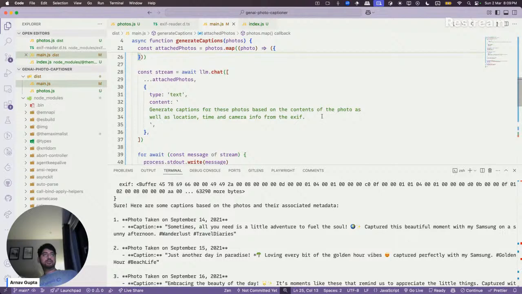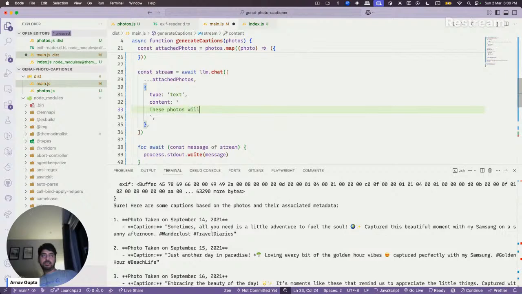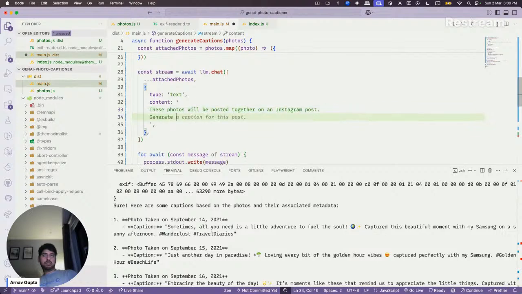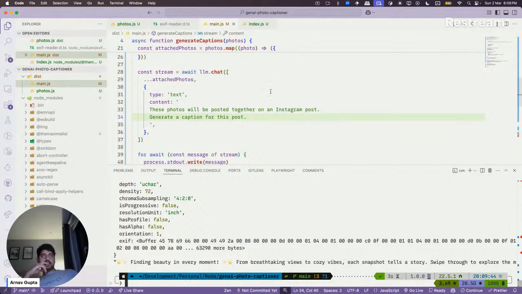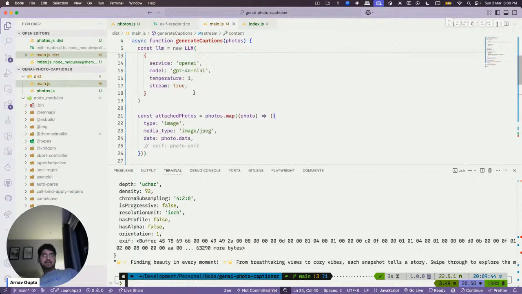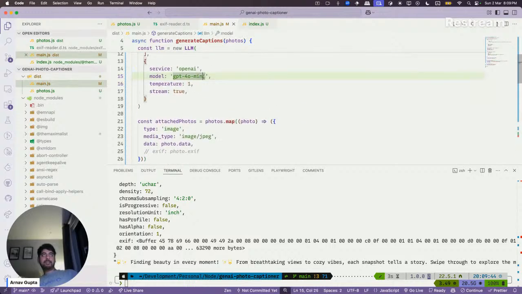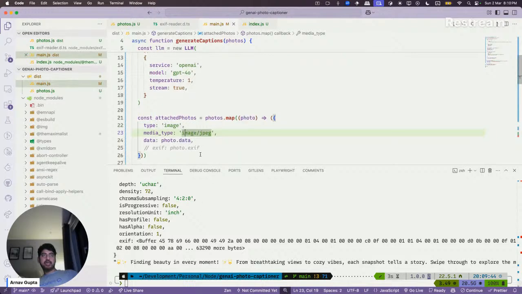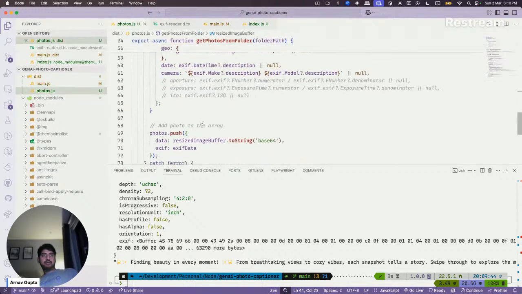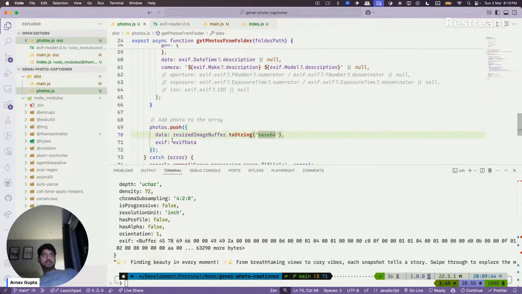I will remove. Is the photo data going? We are pushing data as base64. Okay.